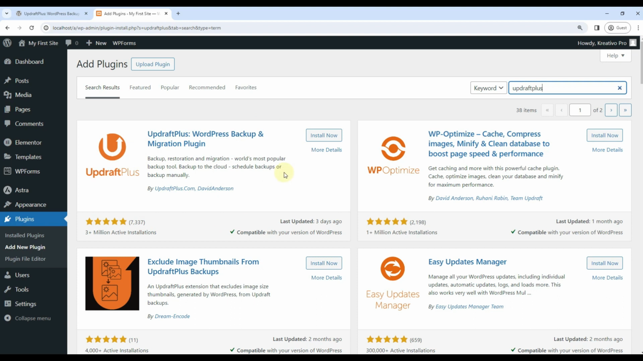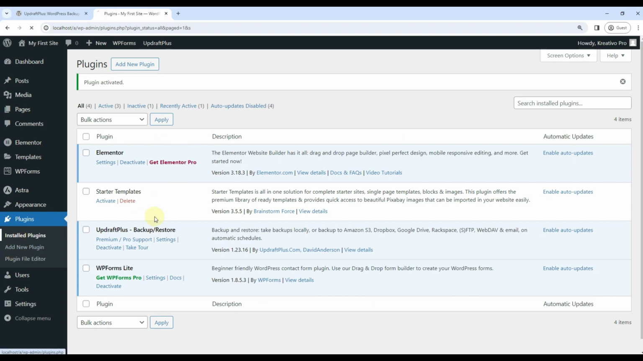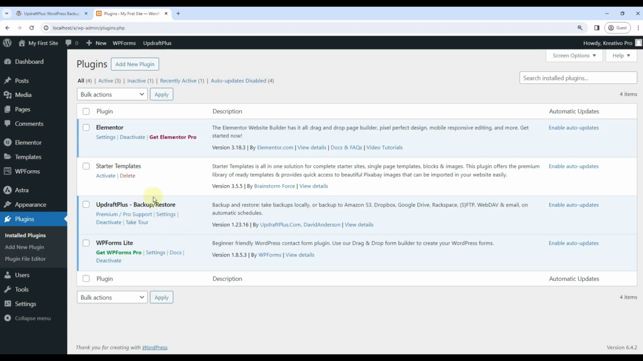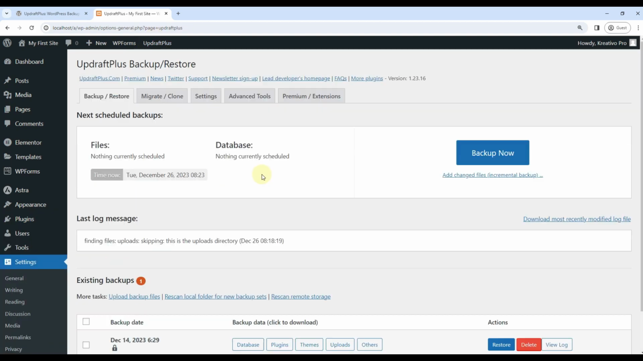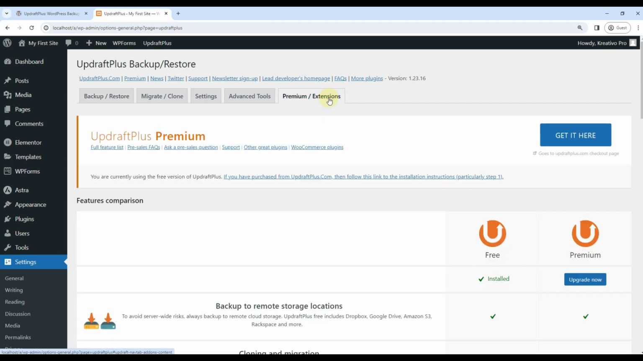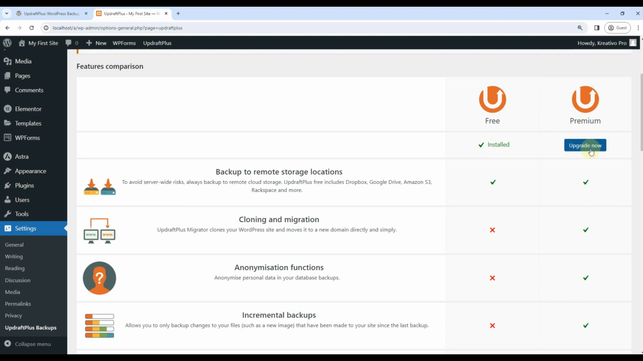This is the plugin. I'll go add it now. Click on activate. So if I refresh this page, the plugin is installed. So I'll go to the settings. You can also access the settings here. So let's move backwards. So first of all, it is a free version that I am using, but premium one